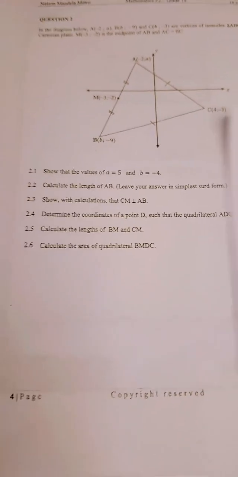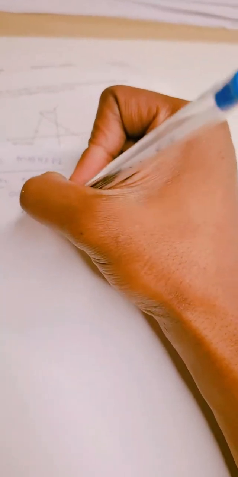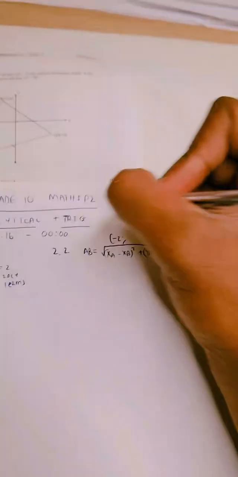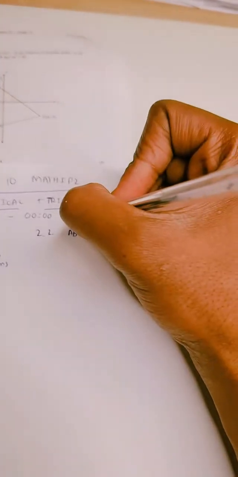So AB, notation wise, we can say AB equals a very long square root. We say the x coordinate of A minus the x coordinate of B, the whole thing squared, plus the y coordinate of A minus the y coordinate of B, the whole thing squared. That way we set up, and let's identify the coordinates. We have -2 and what? Remember that a value was 5. That is our A, and then we have B, which is -4